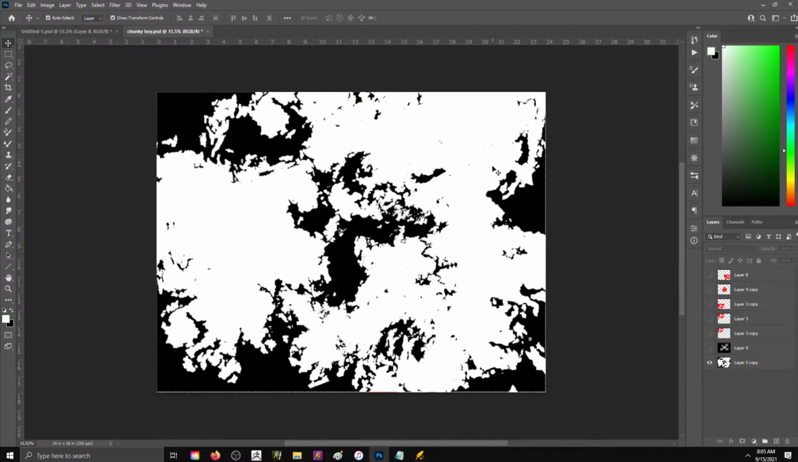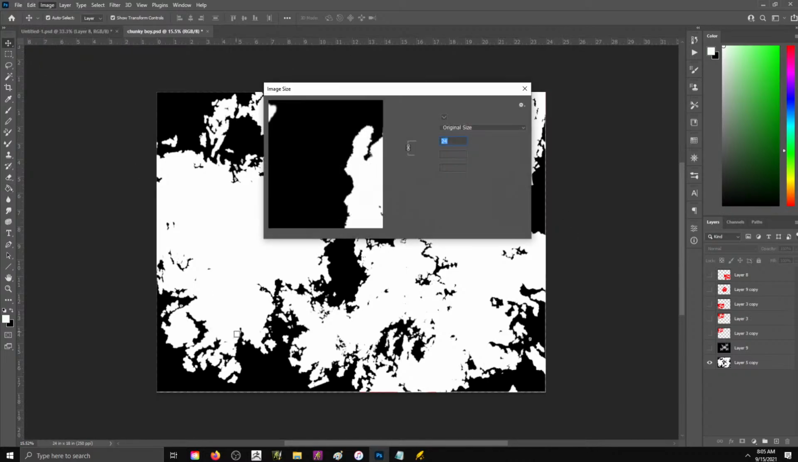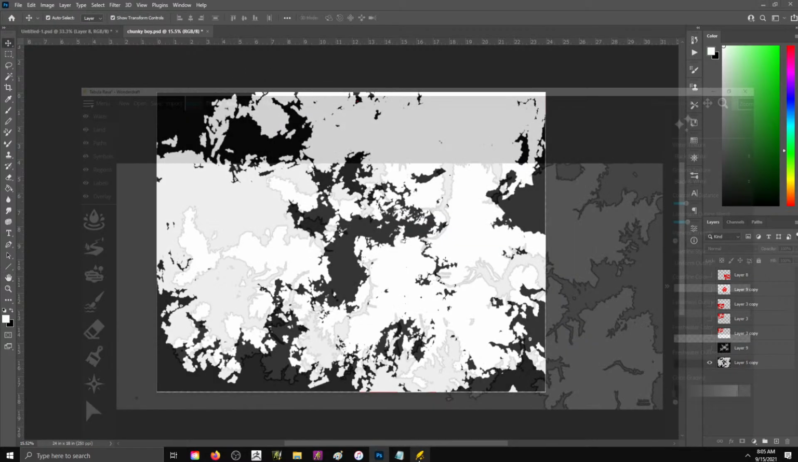So this image, this is the new big campaign map I'm working on. It's 36 inches by 24, and currently it's 200 DPI, 250 DPI. So to start this again, I'm going to go to image size, take a note of the pixels, 6000 by 4500. Hit OK there, open